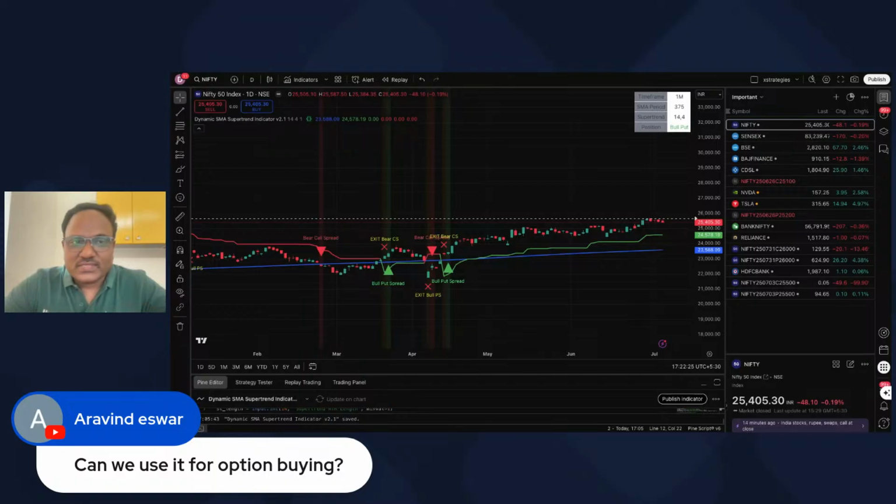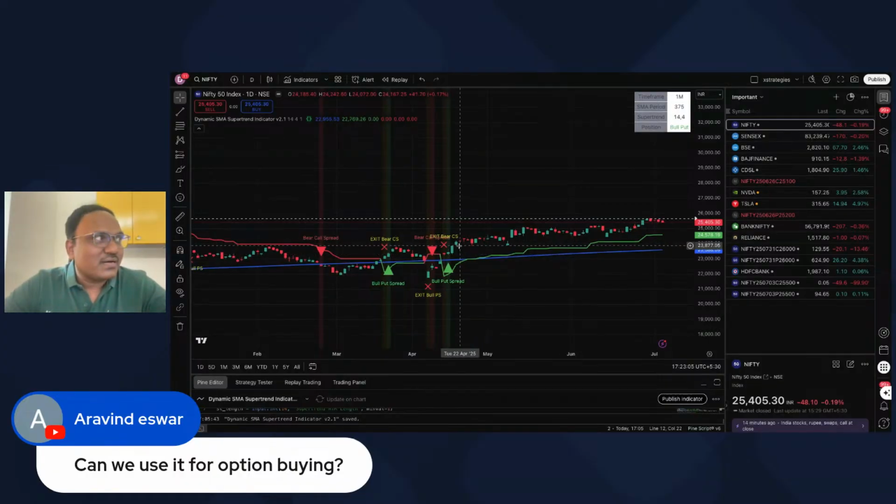You can't use it, no, this wouldn't work for option buying, Arvind. It wouldn't give you much money. However, having said that, it would work on very long options. For instance, this would work, this one, right? This would work on December options. So if you go and buy, let's say, December end options, you would make some money out there because the theta would be absolutely negligible for December options. You will definitely make money. But I would never expect you to buy today's options. You would end up losing money.